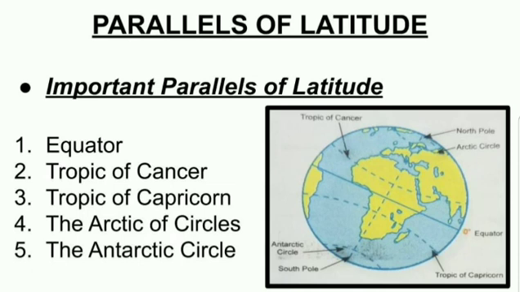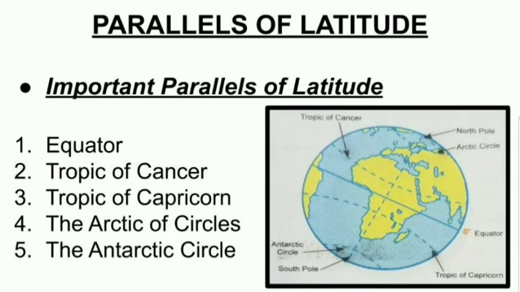And when we talk about longitudes, there I will tell you that the prime meridian or the international date line divides the earth into two hemispheres, eastern hemisphere and western hemisphere. So now we'll study the characteristics of parallels of latitude. Latitudes are always parallel to one another, meaning they never cut each other. The latitude of a place measures the distance of that place from the north or south of the equator. It tells us how much it is to the north of the equator or how much it is to the south of the equator.